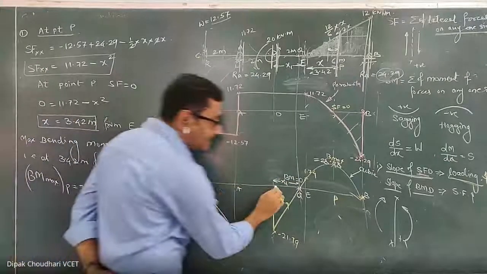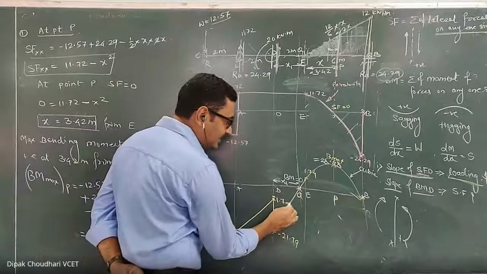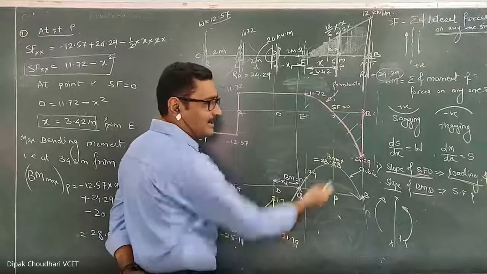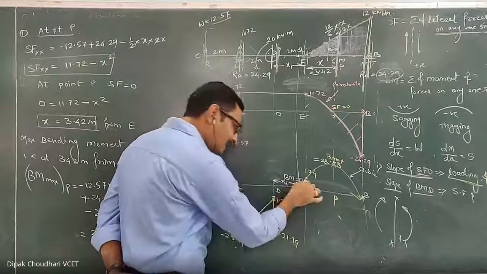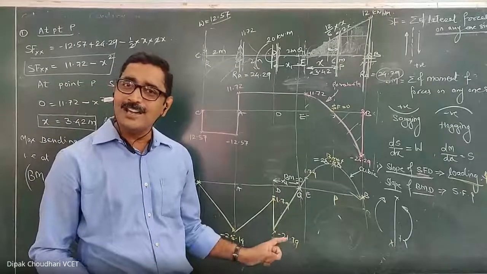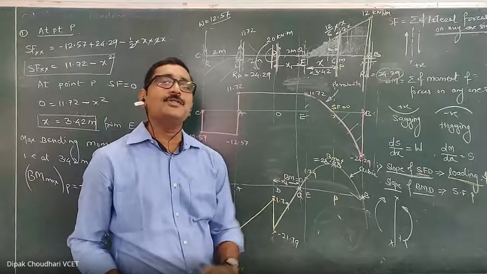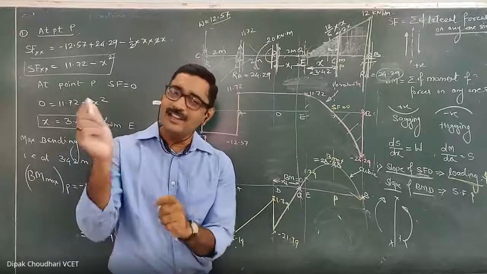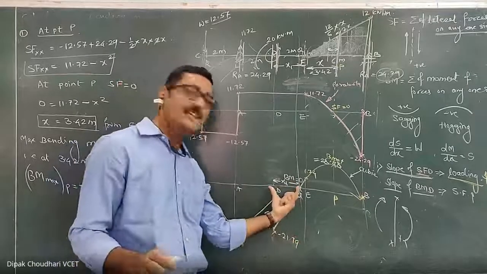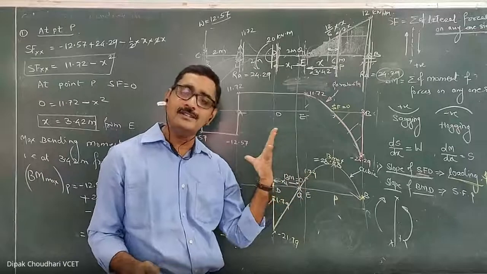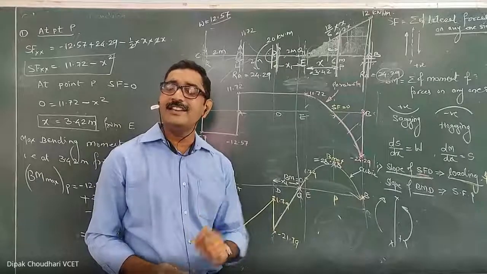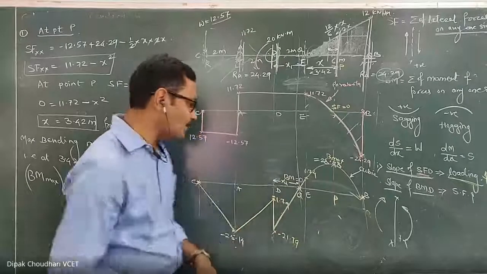Now you will observe that from D to E, this bending moment diagram is an inclined straight line. So to calculate this distance x1, you can directly use the property of similar triangles. If it were a parabola or cubic curve, what would you have to do? Between D and E, you have to write down the general equation of the bending moment and then equate it with 0 because your bending moment is 0. If you equate it with 0, you can get this value of x1, which is the location of the point of contraflexion. But since it is a straight line, here it is very easy to locate that position by using the property of similar triangles.